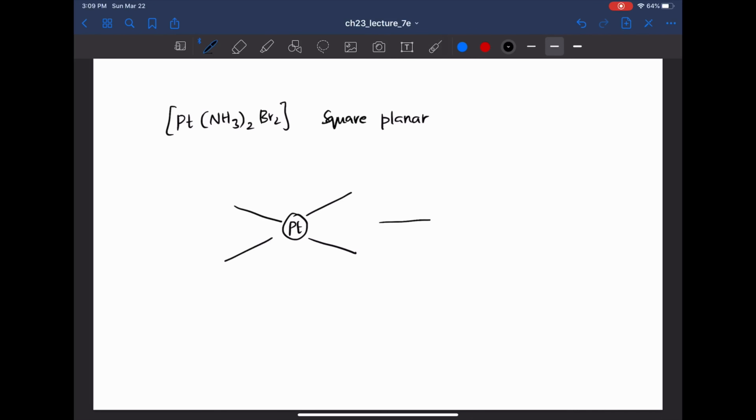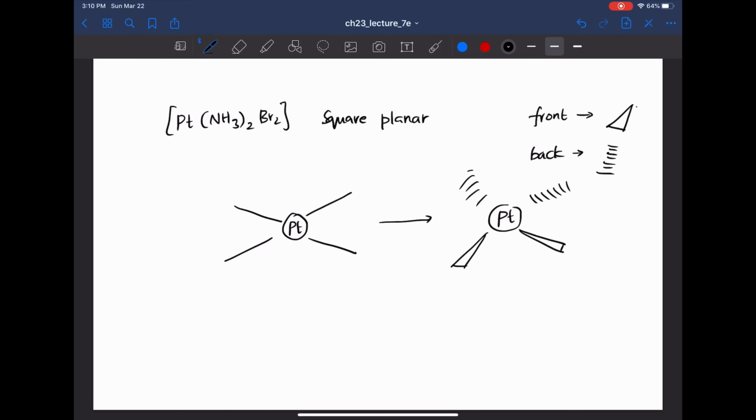To differentiate this structure based on which is in the front and which is in the back, if something is in the front, we write it as a wedge shape. If something is in the back, we write it as a dashed line. So we can convert this structure as platinum. We consider that the ones that are in the front are on the down, and these are structures on the back side. Now we consider NH3 and Br2. There are two chances that can happen, where NH3 can be in the front and both Br can be in the back. So this becomes cis